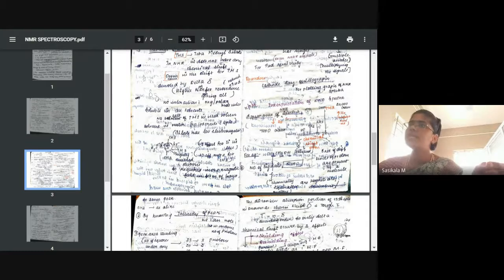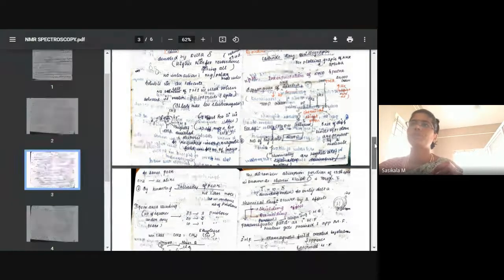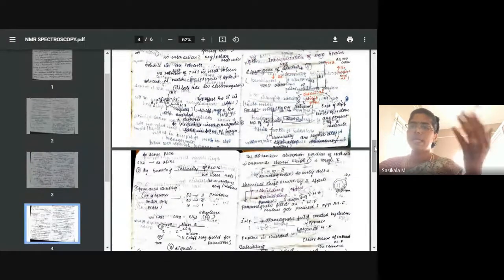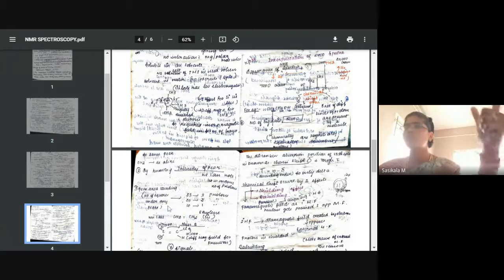So by knowing the intensity of the signal, we can come to know how many protons of the same kind are present. Same kind means CH3 protons, where all the protons are attached to the same carbon. So how many protons of the same kind are present? That we can analyze by knowing the intensity. For 2 protons, the intensity will be somewhat less. For 1 proton, it will be very little. So from that, we can find out how many protons are present in a set, whether 3 protons or 2 protons. Exactly how can we analyze whether 3 protons, 2 protons or 1 proton are there?